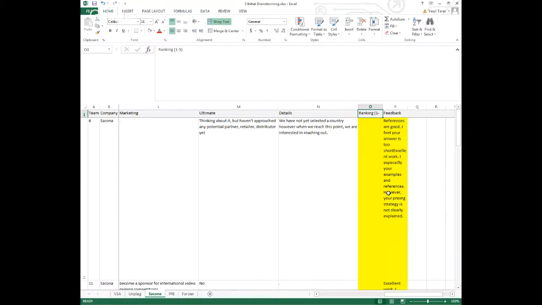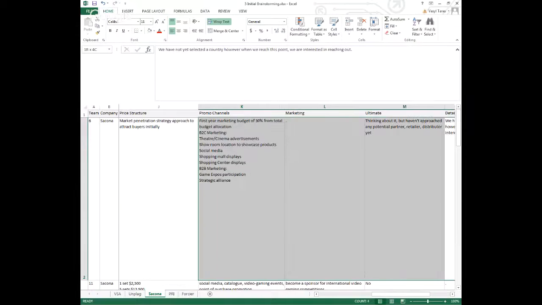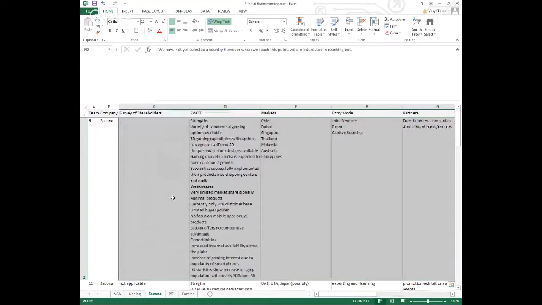Rating, that's when you evaluate quality in absolute terms. For example, if you have a scale from 1 to 5, 5 could be excellent, 4 could be good, 3 could be okay, 2 could be bad, and 1 can be very bad, right? And so you look at the answer, and if you think that this answer here provided by team 6 is excellent, you just put 5, right? And then if you think it's good, you put 4, and so on and so on.